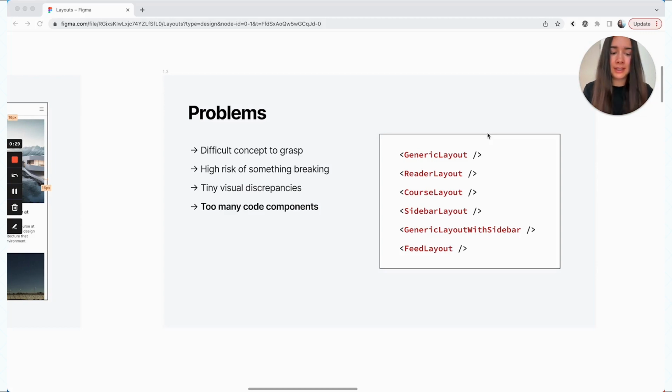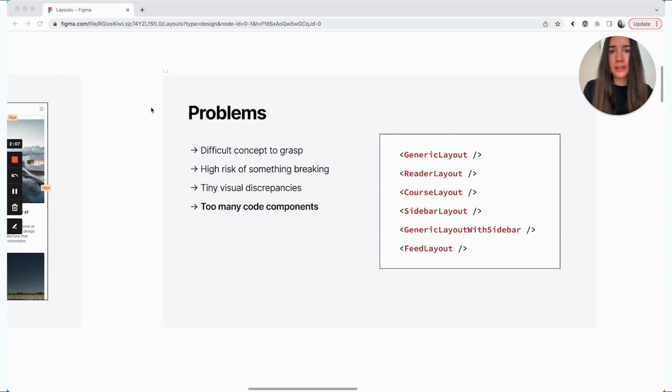The second reason is that maybe initially the courses view was different from the articles view, so it made sense to have different layouts. Another reason, going back to code, is that maybe we had one layout that was in a specific repository and not in the design system, and then it was easier and faster to duplicate it elsewhere as opposed to going through the pain of moving it into the design system and then having to do visual regression testing. Anyway, it's natural to end up with multiple similar layout components, but at some point it is worth it to sit down, give it some time and really consolidate them.